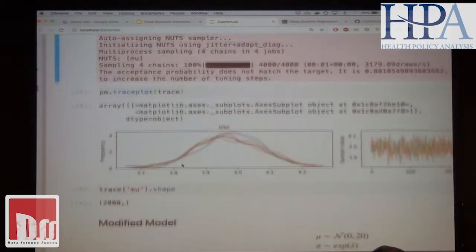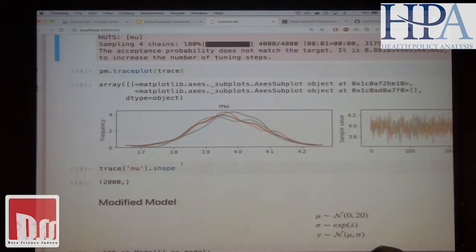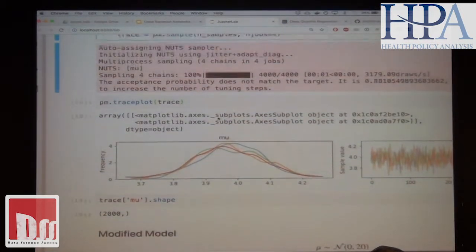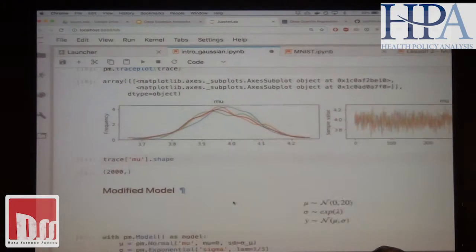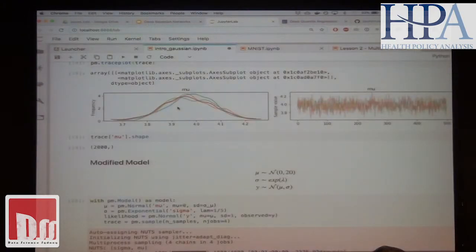So after I do the sampling, after I run through these 100 observations, the reason that I have 4 lines is because it is parallelized, so I'm not sure why it's not combining all 4 plots. But that's what it ends up looking like. You can see that it's somewhat centered around 4 and standard deviation of 0.2 or so.